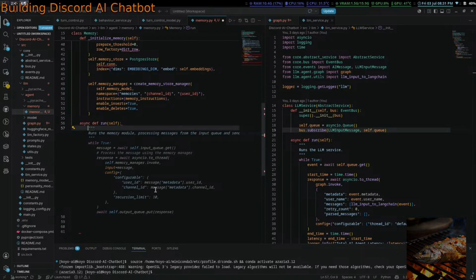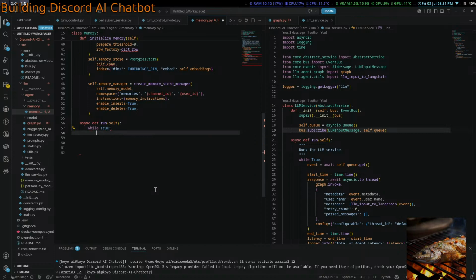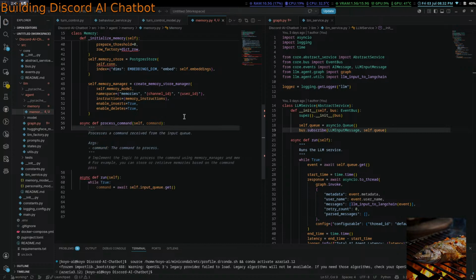While true, await self.input_q.get, and event data or command equals await self.input_q.get, and then await self.process_command(command).